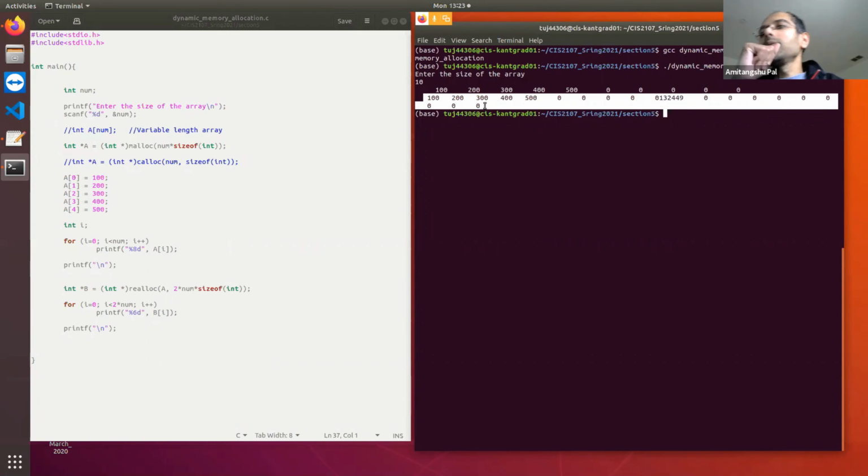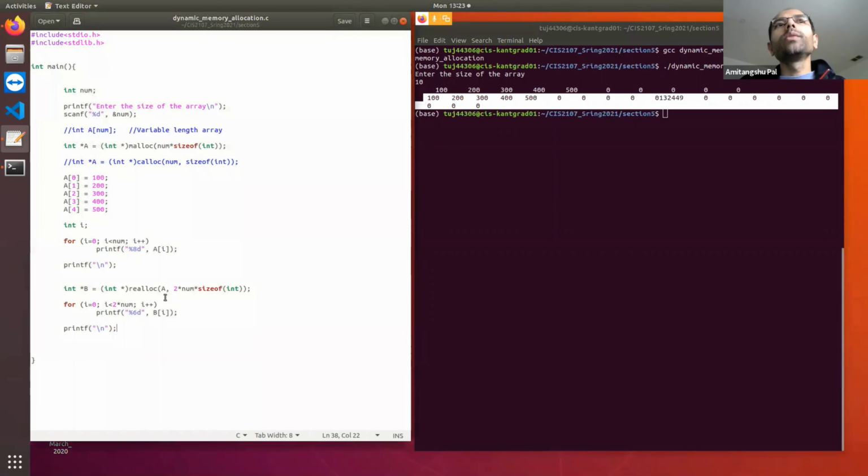Clear to everyone? So in this way you can reallocate memory. You can reallocate more memory, or you can reallocate less memory also. You can make it half also. I have one question. Yes. So you started with A and you changed to B. Could you reallocate into A, like int star A?